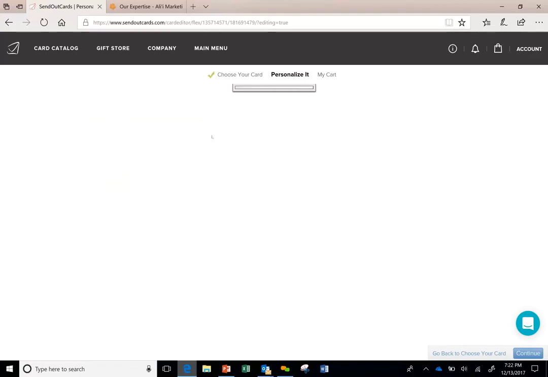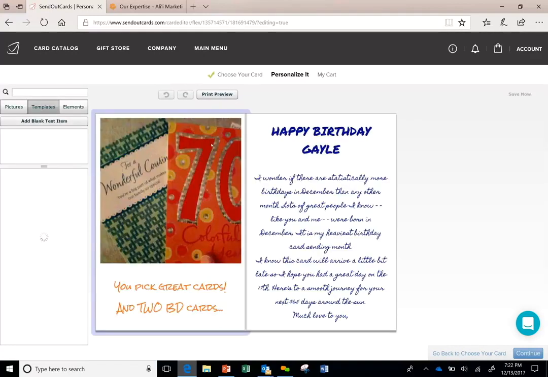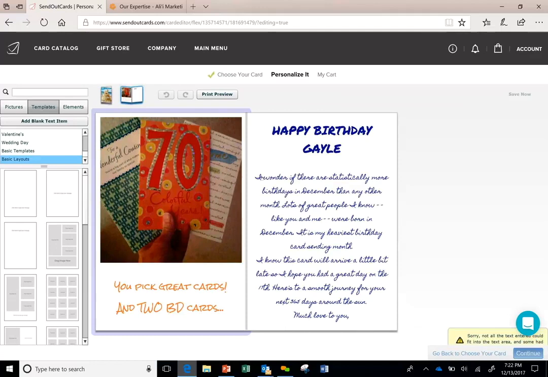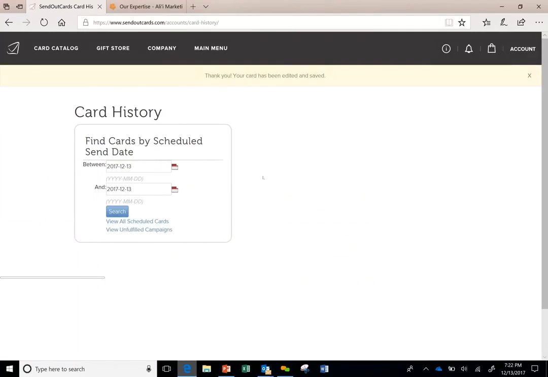And I'm going to work through the system. This is a happy birthday card to Gail, so I wouldn't normally put her husband's name on it. I'm going to hit continue. Well, that didn't allow me to do that. So I think maybe that works with campaign cards and not one-at-a-time cards. So I'll have to